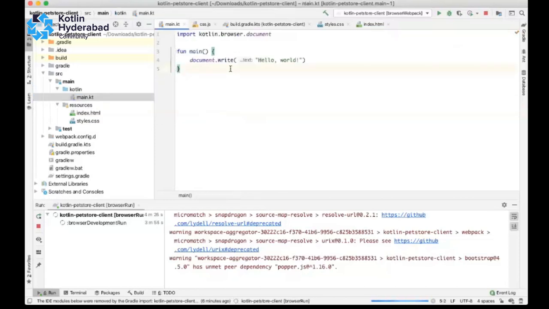Here we can write our first component. Background color, light blue.